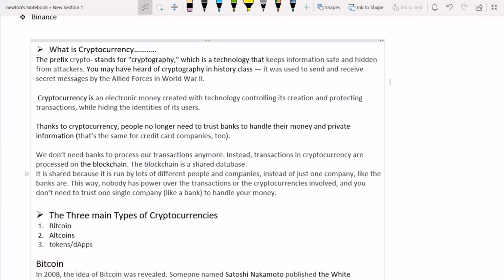And one thing you need to know about blockchain is it is available. It is not controlled by just one body. It is controlled by a lot of different individuals. And the transaction is always transparent. But then there's something we call a private key. That private key is more like a secure password.